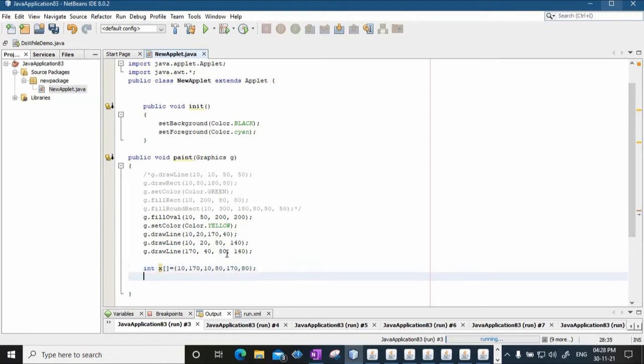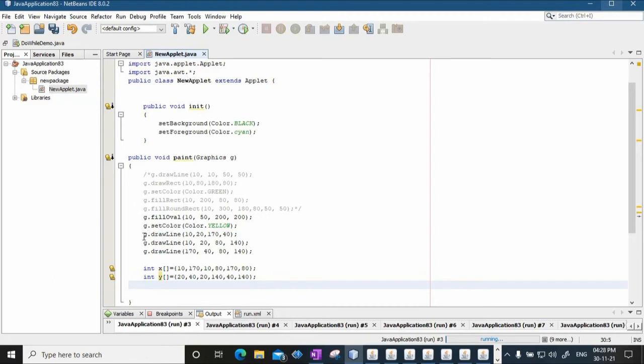So this is my first array of x coordinates. Then int array of y coordinates. For the first line it will be 20, 40. For the second line it will be 20, 140. And for the third line it will be 40, 140. So these are the y coordinates.